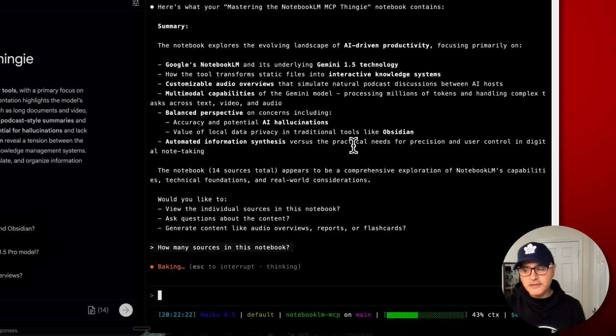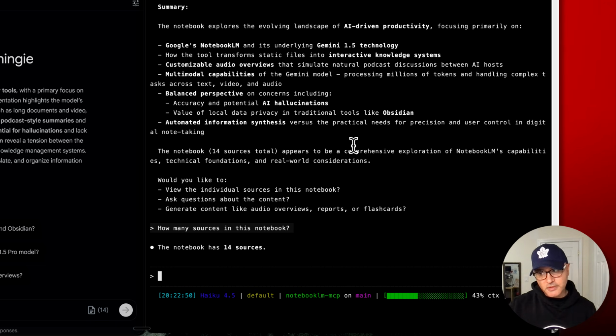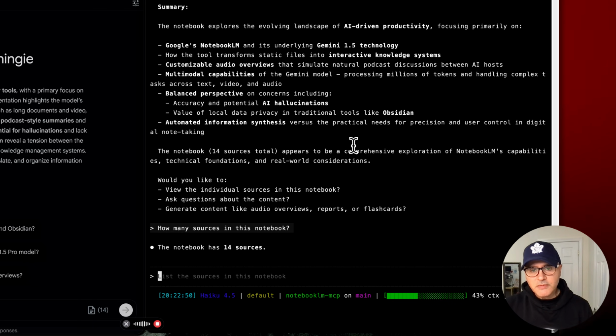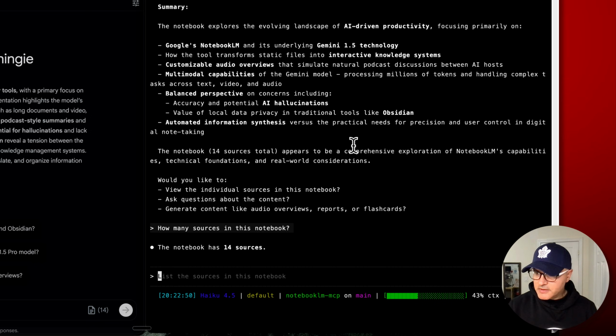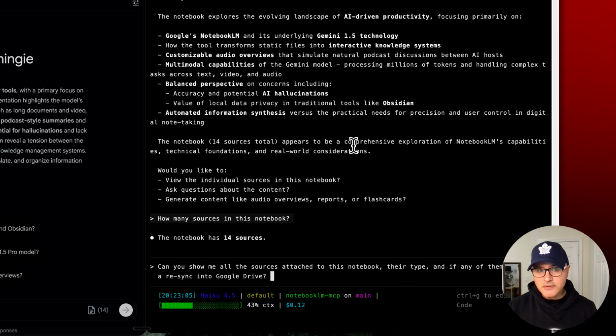So now, again, it's going to execute a command, and it already knows that they got 14. Can you show me all the sources attached to this notebook, their type, and if any of them requires resync into Google Drive? So if you have used notebooks before and you use NotebookLM, you know that when you attach a